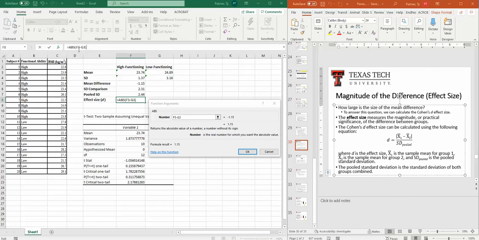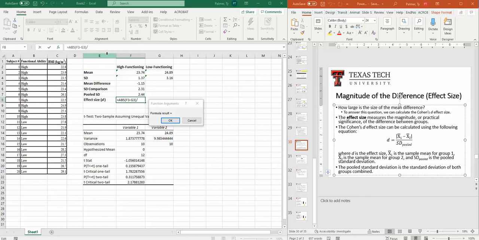Now I'm going to click outside the absolute value. Notice again, the absolute value is only for the means inside. Now that I have mean 1 minus mean 2 inside absolute value bars, I'm going to finish the rest of the equation outside of the absolute value bars. The equation says, again, this right here just indicates divided by. So I'm going to hit the slash sign on my keyboard, divided by,